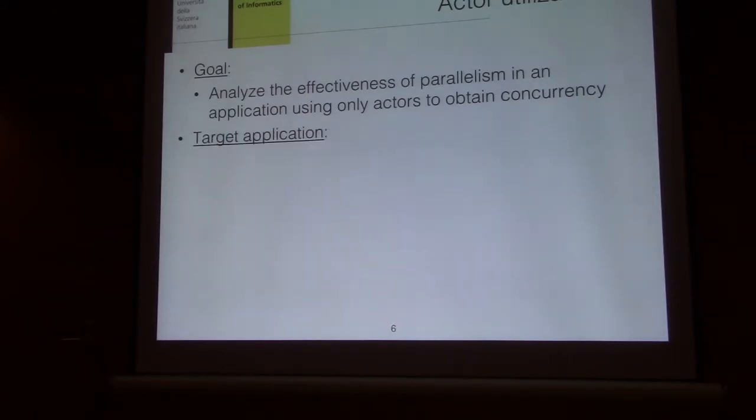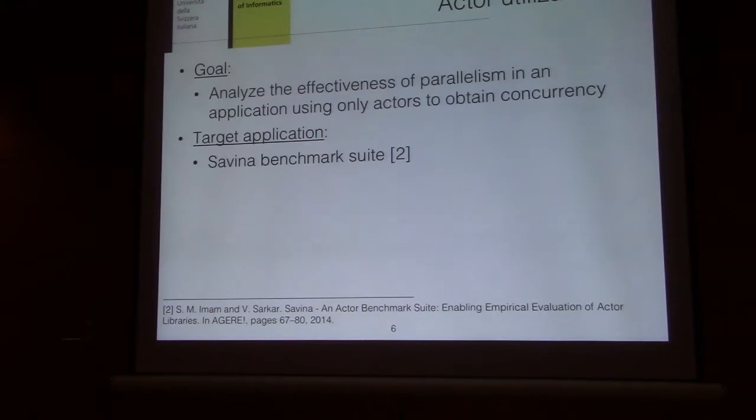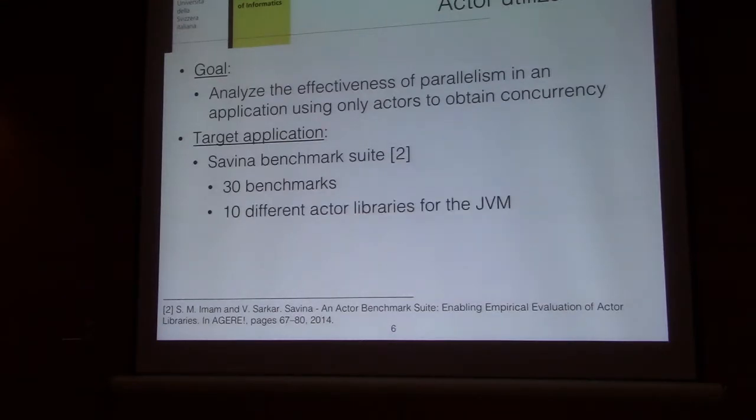We applied our profiler to a benchmark suite called Savina. It is an actor-based benchmark suite composed of 30 benchmarks written in 10 different actor libraries for the JVM, and of course Akka is one of them. In particular, benchmarks in this suite use only actors to obtain concurrency.